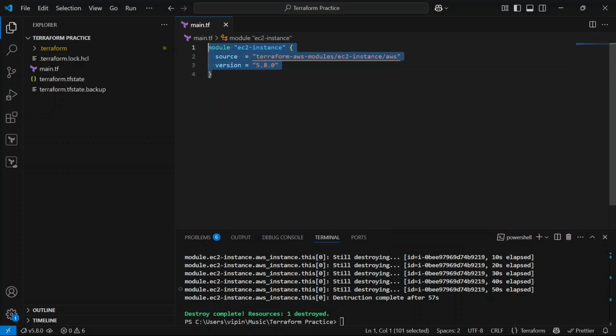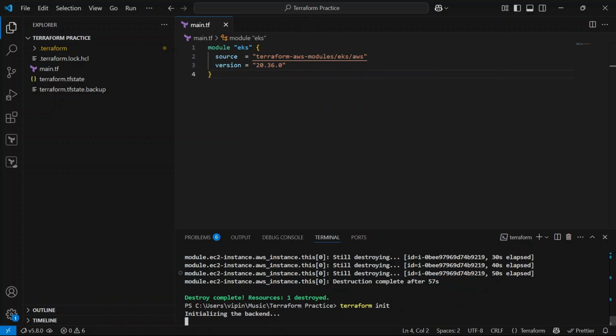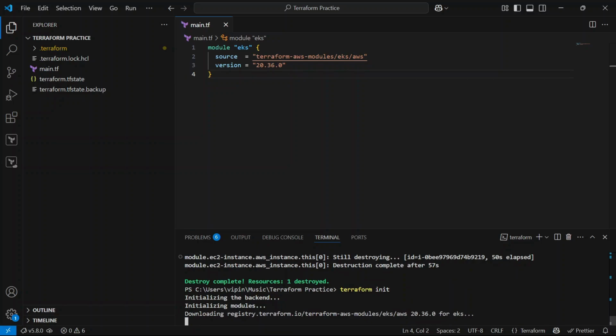So let's go back, and destroy is already completed. So we just want this module here, okay, and let's save this. Let's run terraform init. So it's downloading the registry Terraform module, right?